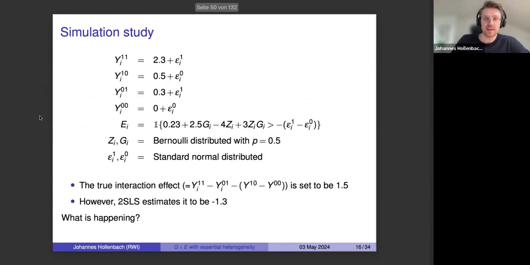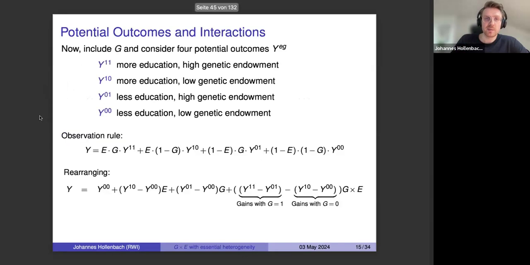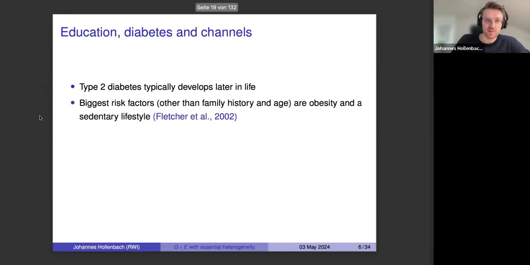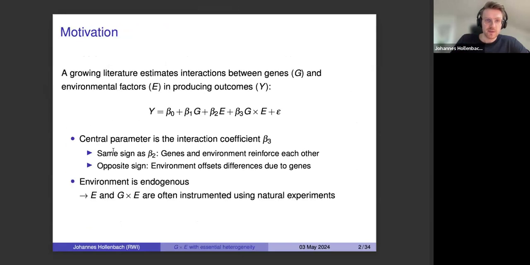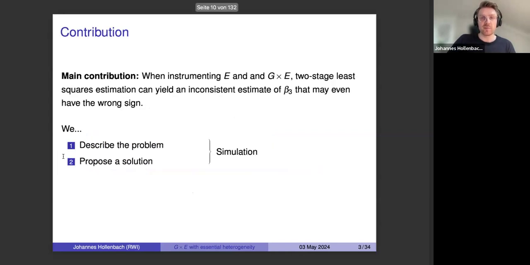My point is, and I probably should have phrased it better, that it is about the interpretation of what you're estimating, right? Usually with gene environment interactions, you would make one of these interpretations. But if our two conditions are met and two-stage least squares actually identifies something different, then you would not be able to make these interpretations anymore, because even though two-stage least squares still identifies our causal effect, it compares to the wrong points.